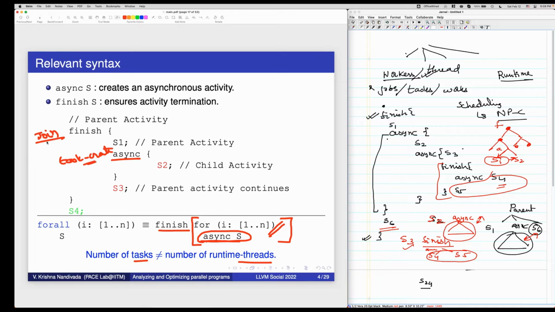Conceptually in programming, is it mandatory to nest everything into a finish, or is it just good programming practice? Most languages either explicitly or implicitly enforce it.